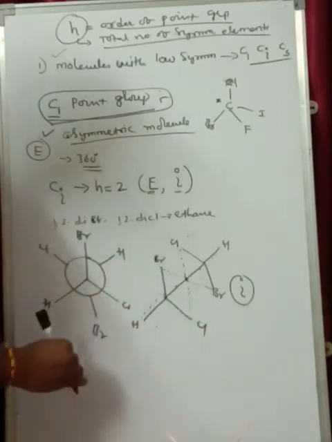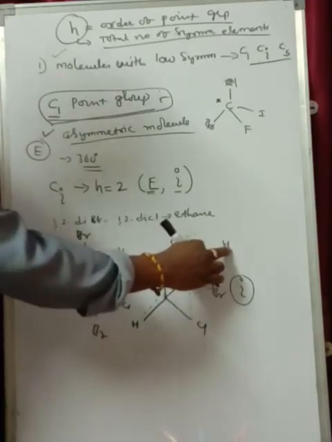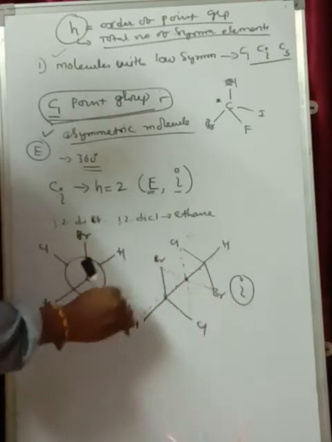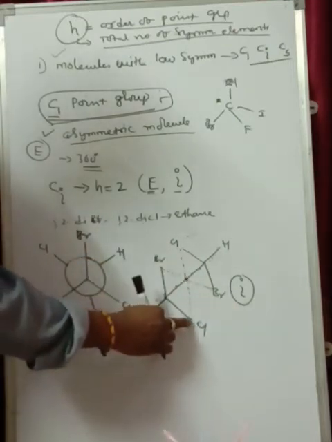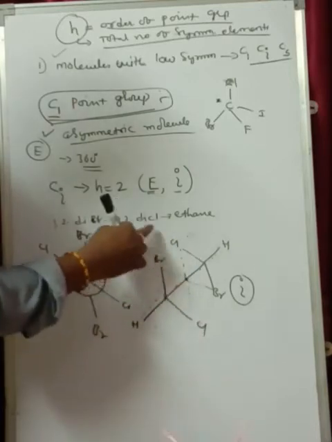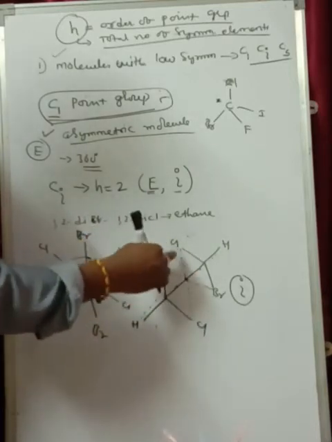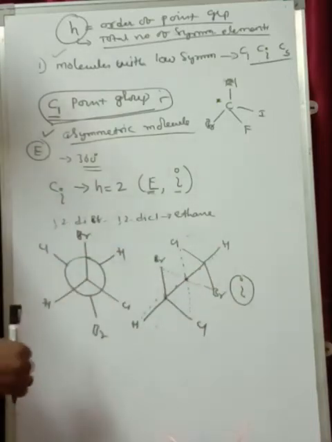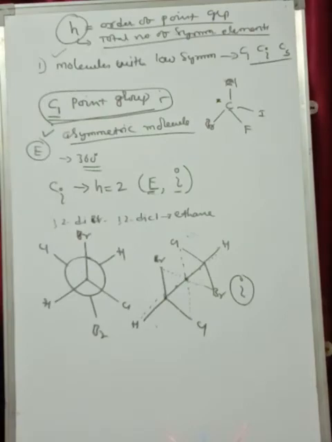Similarly, the inverted Y. Here, these hydrogens are away from each other. These bromines are away from each other. One is above the plane, the other is below the plane. Whereas the chlorines, one is below the plane and the other is above the plane, in opposite directions. If you match them from the center of the molecule, similar groups match with each other. Therefore, we say this particular molecule has the center of inversion.